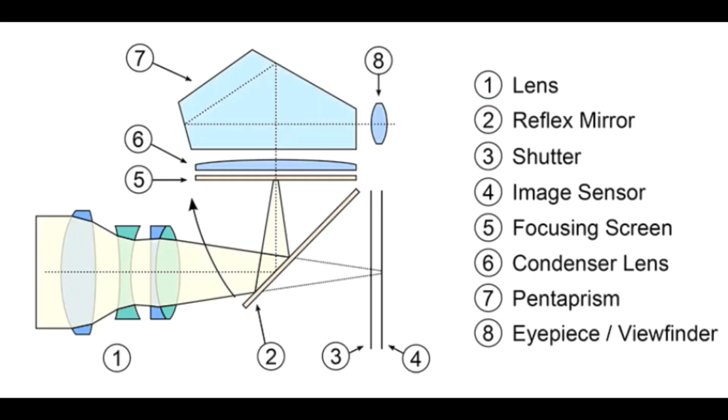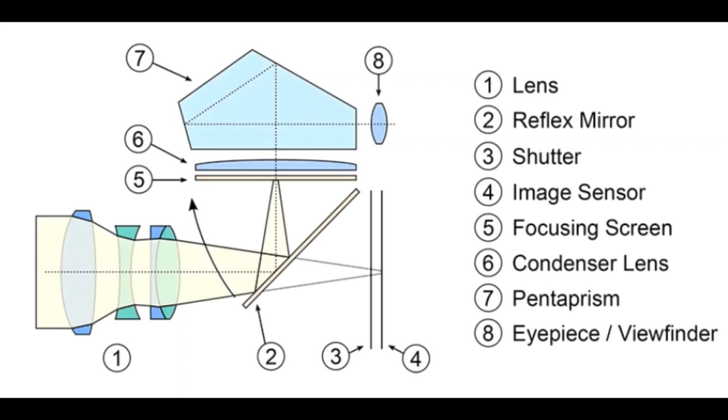When we were talking about how you are able to see the preview through your eyepiece or your viewfinder, I mentioned that there is a reflex mirror, and that reflex mirror reflects all the light into a pentaprism. But at that time, I did not mention that this reflex mirror is a translucent mirror, which means that it does not reflect all the light into the pentaprism. What it does is it reflects most of the light into the pentaprism, and it lets some amount of light pass through.